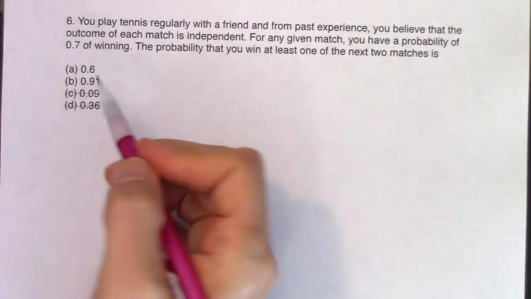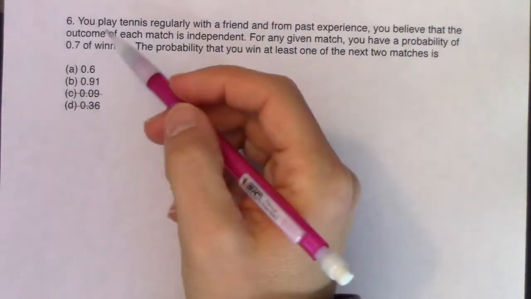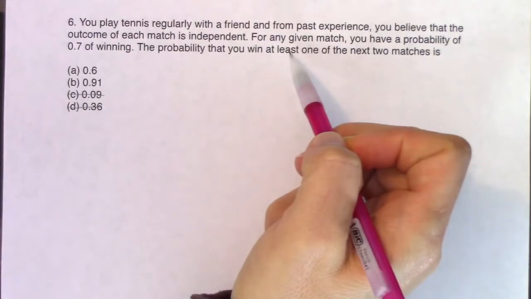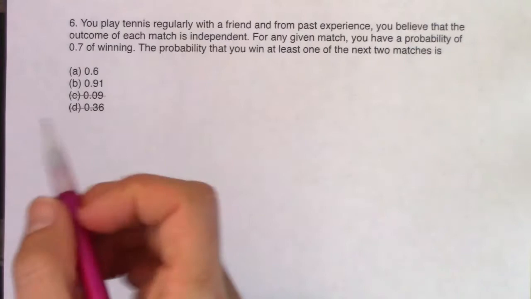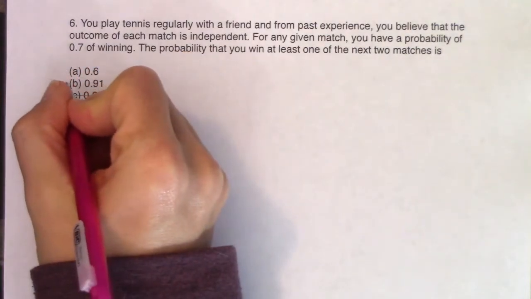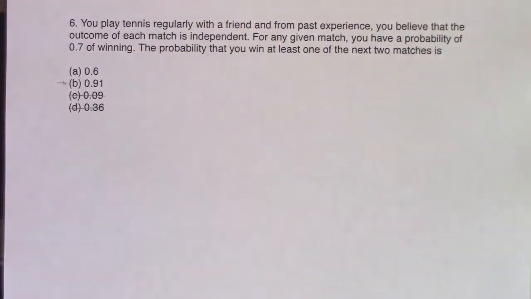In all honesty, I don't think A would be the answer either, because 70% of the time I'm winning, so I have a pretty good shot at winning at least one of those 2 matches. So right out the gate, I'm suspicious that B is the answer. That's what I think is the answer, just looking at the possible answers listed in this multiple choice question. But this is a tree diagram, so let's make the tree and then find out, hey, was my intuition,